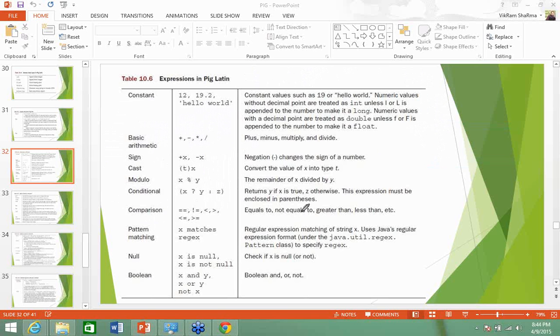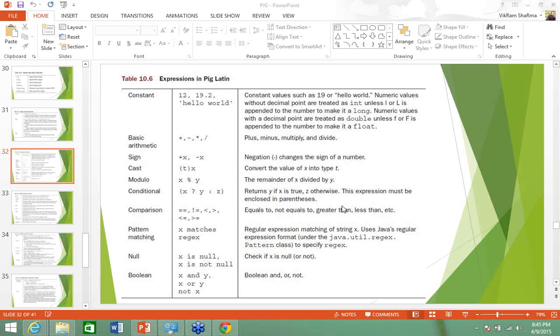For comparison, we normally use less than equal to, greater than equal to, or not equal to. So you might be familiar with that one. There is no problem in understanding what the comparison is. Those are all part of the operators. Whatever you know in the language, whether C, Java, or C++, all that came into the operators chapter.